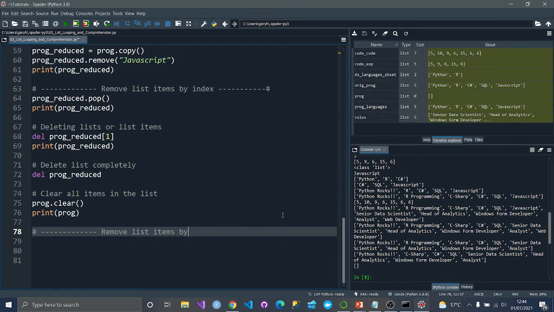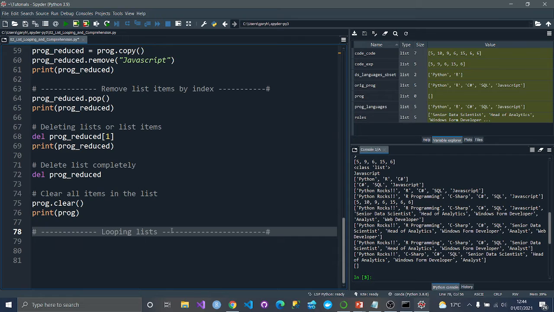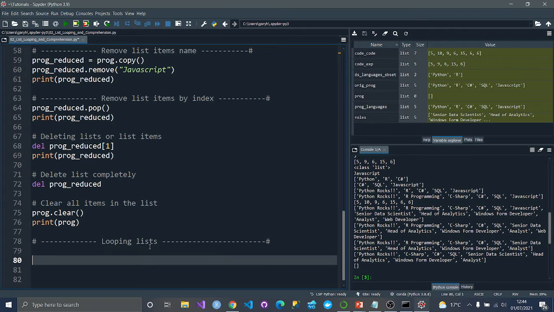So the next thing we're going to do is looping through lists. Lists. Tongue twister for me, this one. Okay, so when we loop through lists, it's always best to use for loops, because while loops are useful in Python, but for loops tend to be more used with lists. So you can call it an iterator. I is normally used. I'm going to call it litem. So for list item in